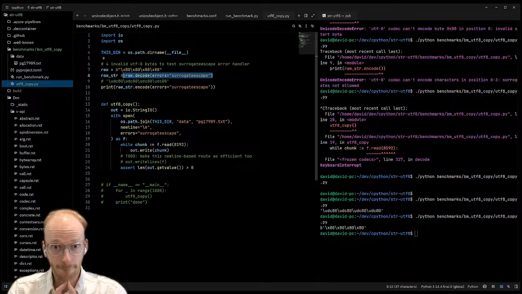And so this, as you saw, is a code you cannot encode directly into UTF-8. This is a Python string, which you cannot write to a UTF-8 file directly, because it's not a valid UTF-8 sequence. That's making sense to me. Okay. And then for other error handlers, we still need to do the work because those can do arbitrary things. They might well replace the content. They might well raise errors. So we can only fast path the surrogate escape one.